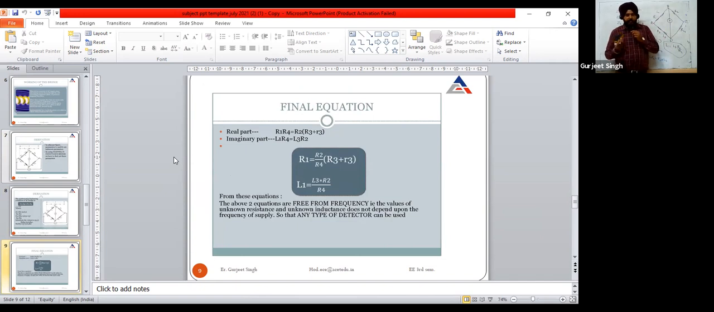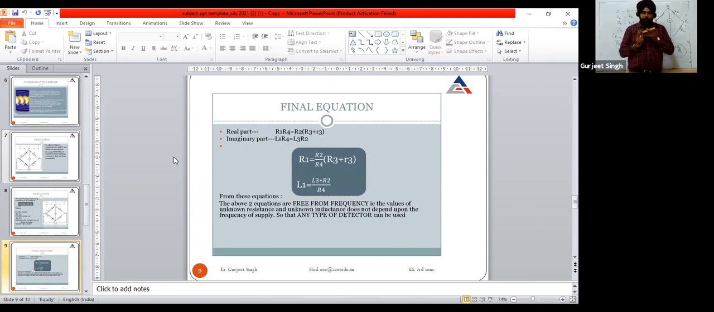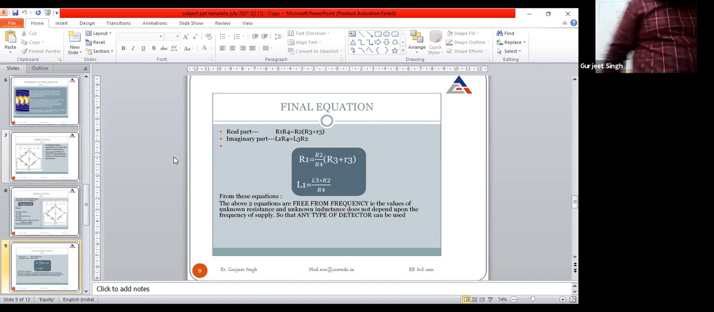This is the Maxwell inductance bridge. The Maxwell bridge has two categories. First, we have the Maxwell inductance bridge, that is this bridge. Second category, we have the Maxwell inductance capacitance bridge. Next, I will explain you the